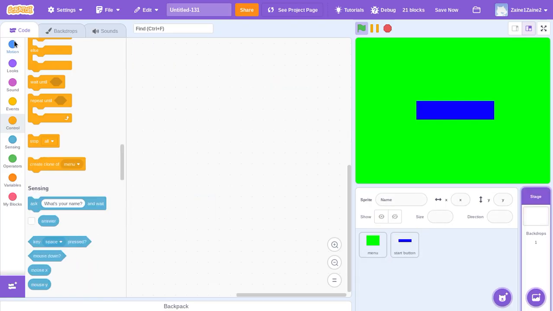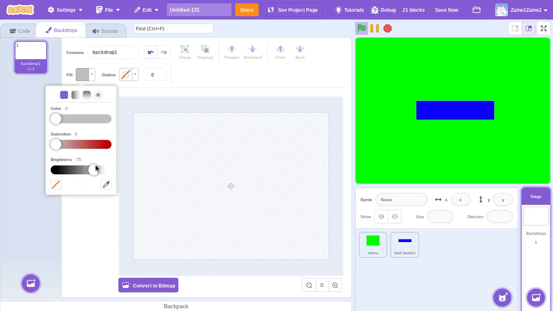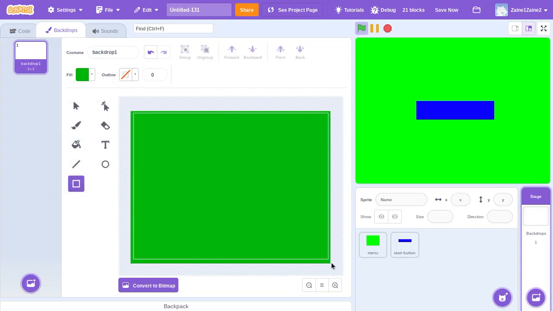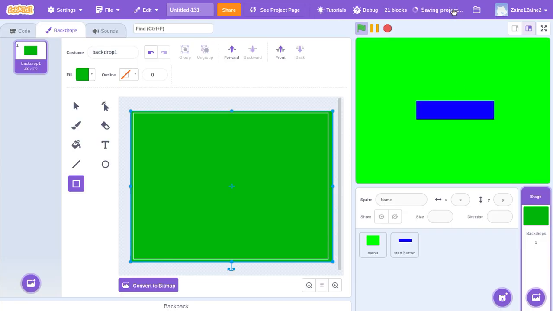Okay. And then you can come into the backdrop and switch it to a grass color. I'm just gonna make it darker so that it doesn't look like the menu screen. Okay. So now if you click the button, boom. You basically have your menu, but yours is of course hopefully gonna look better than mine, because mine's just one rectangle and a green background. So now we're gonna work on the tanks and the walls, and I think that's gonna be the end of the first